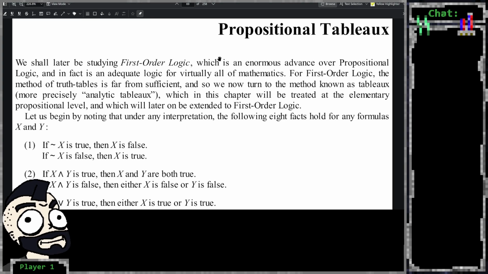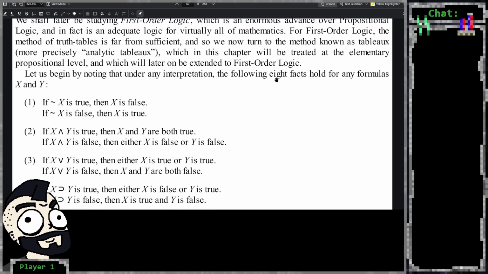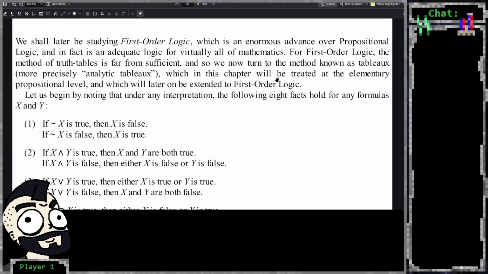Anyways, this is not Mendelssohn. This is A Beginner's Guide to Mathematical Logic by Raymond Smullyan. Sorry to cherry pick from different books, but I like this explanation better for tree proofs or tableau. So let's read. Since we shall later be studying first-order logic, which is an enormous advance over propositional logic, and